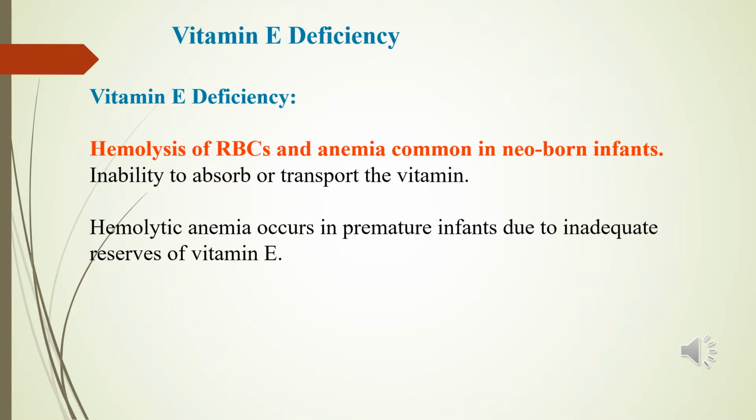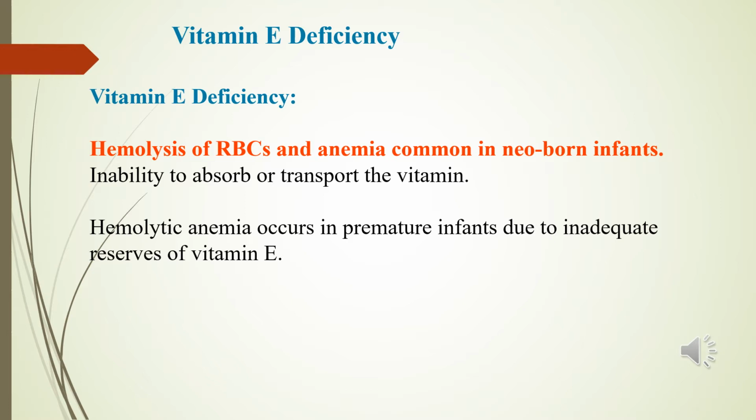As we mentioned earlier, vitamin E deficiency is rare, but deficiency may occur and manifest as hemolysis of RBCs and anemia, which is common in newborn infants. Dietary deficiency of vitamin E in human beings occurs in patients due to their inability to absorb or transport the vitamin, as in cases with severe fat malabsorption, cystic fibrosis, some forms of chronic liver disease, and maybe in obese